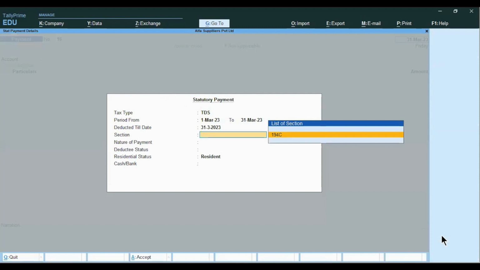See, your cursor must go down on section part. If it is not going, it means it is not accepting the date. So what we have to do? We have to change the current date of the TallyPrime by changing the date which is available on the Gateway of Tally screen. Just press F2 there, enter the last date of the financial year,